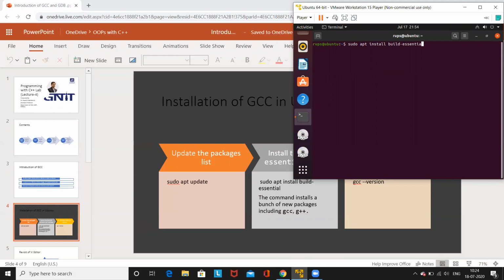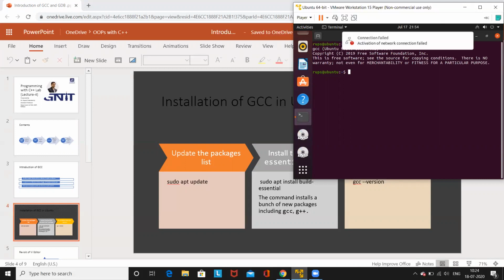So directly I am writing gcc --version, so it will give me an idea. You can see GCC Ubuntu 9.3.0. So 9.3.0 is the updated version for Ubuntu, and it is already installed in our system. There is no newer version. That is how you have to install GCC. There are three steps.